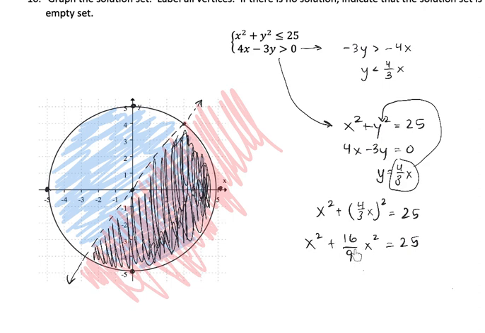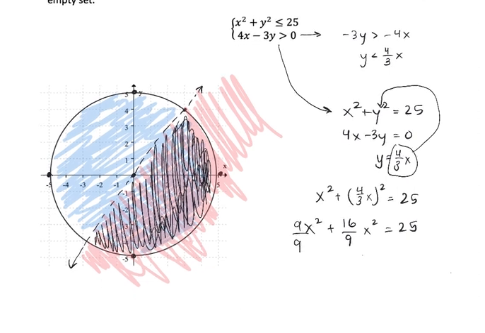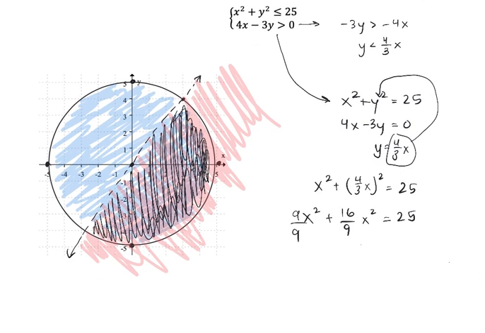So we have two terms that we can combine because these are like terms. So we need to add fractions essentially. X squared plus 16/9, we have to have common denominator. So you just multiply that by 9/9. So you get 25/9 x squared equals